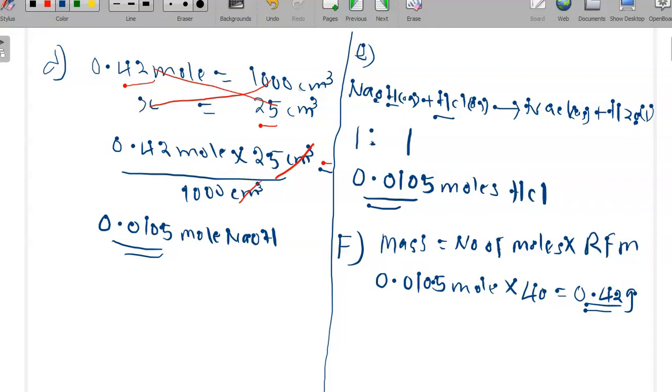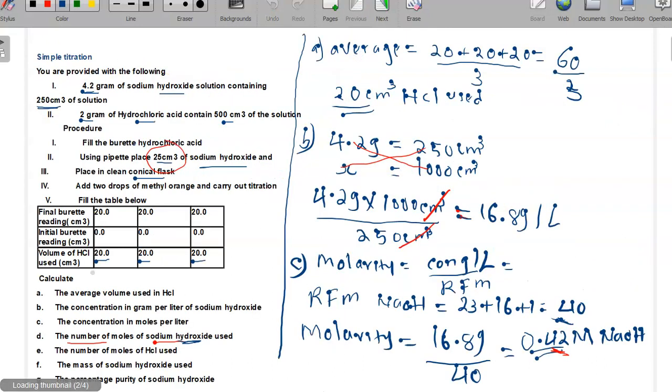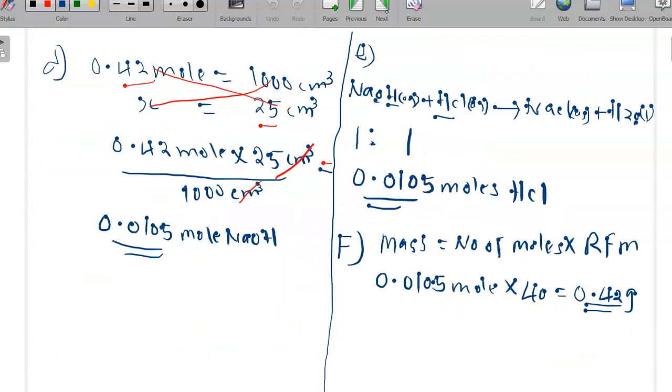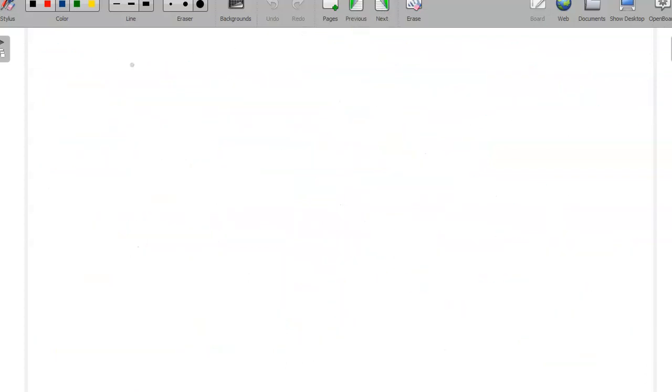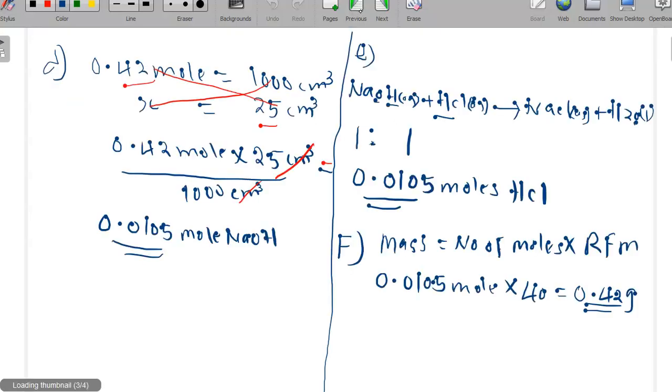Okay, the next question is, let me go to the previous page. The next question is, after F we have the percentage purity of sodium hydroxide. How do you get the percentage purity? Next page, because this page is full there. We have F, then G. Question G, if I'm not wrong, the last question was F. Yes, question G